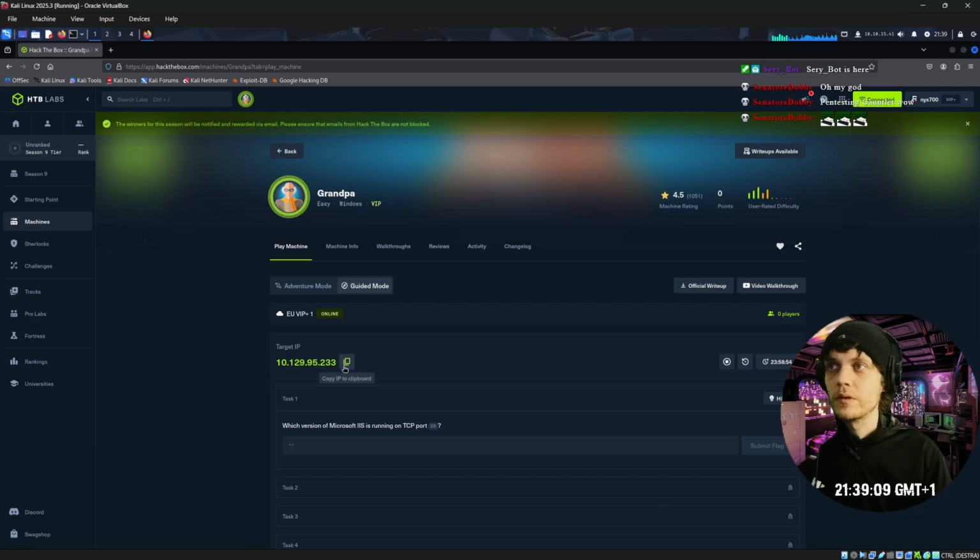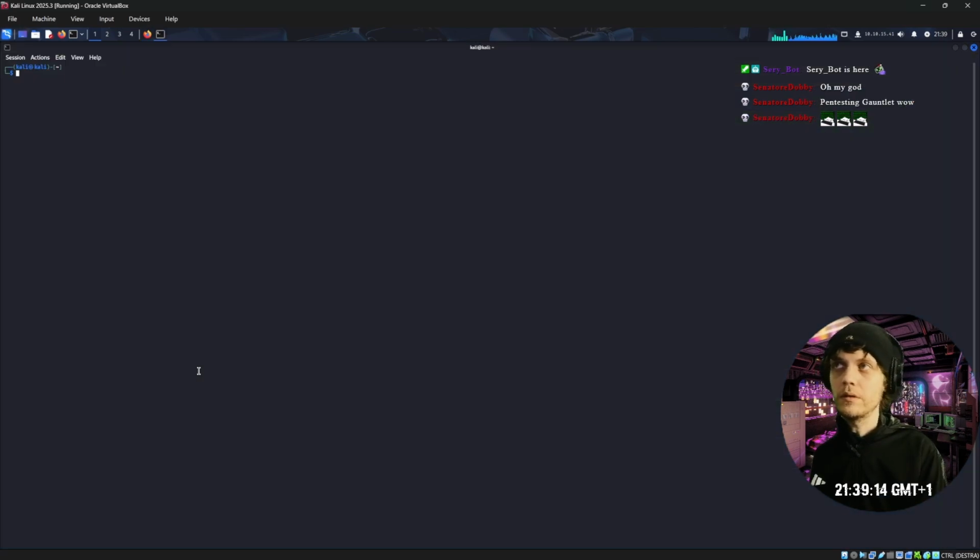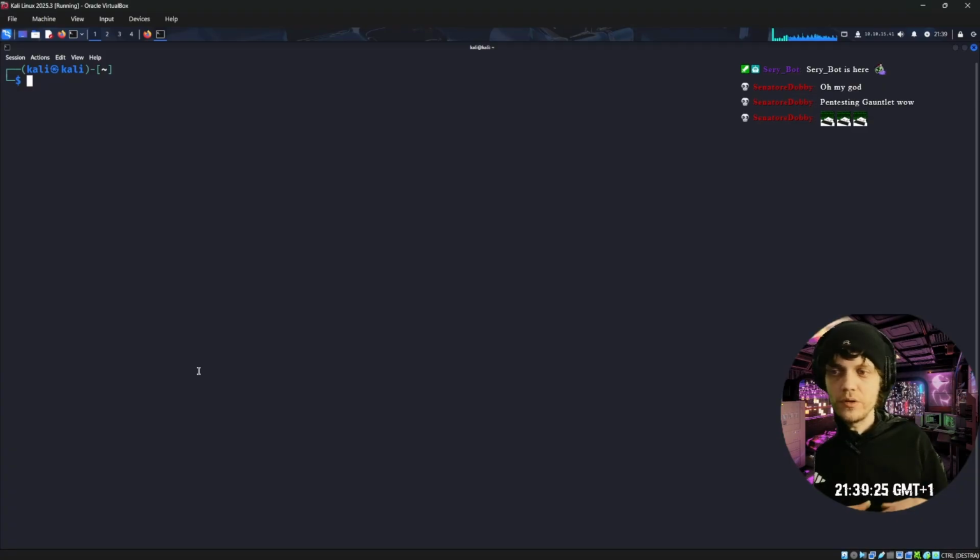So we click on the IP address, and now one thing that I want you to do is to start using Markdown to take notes, because as you perform more and more tests, you're going to forget what you did, especially if you get back to it after a week, for example, and you're working on 10 machines at the same time. It'll happen. So we'll create a new folder, mkdir Grandpa,